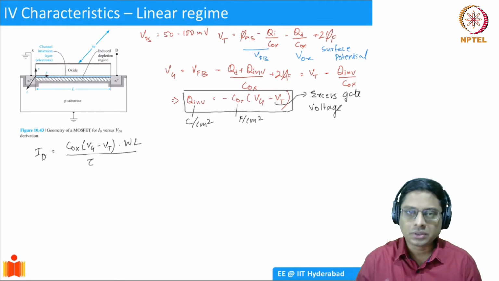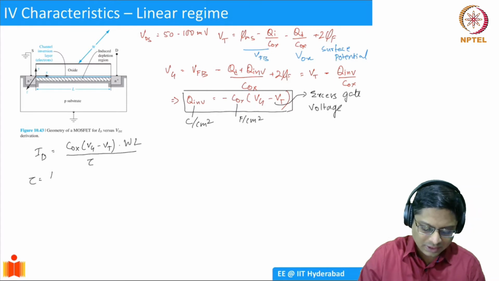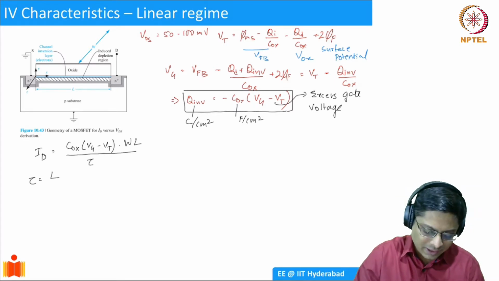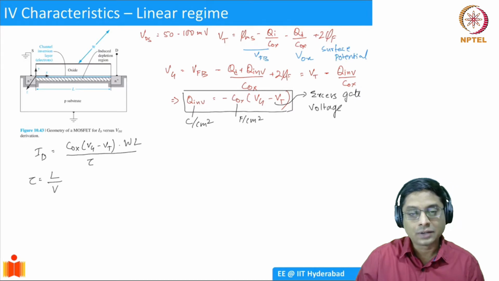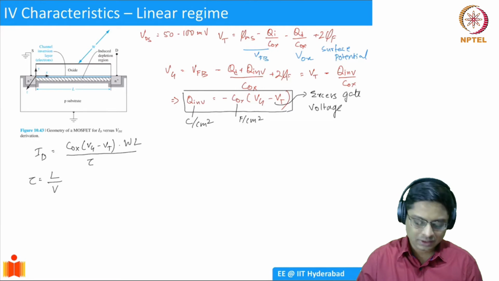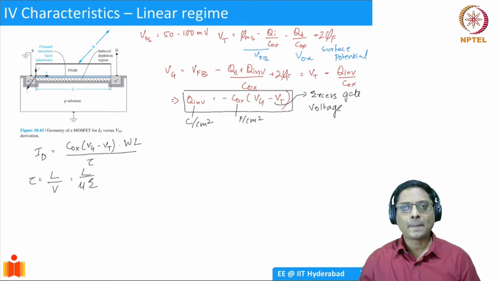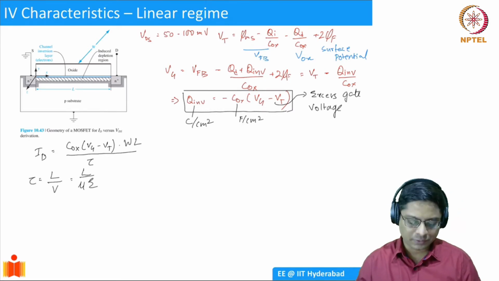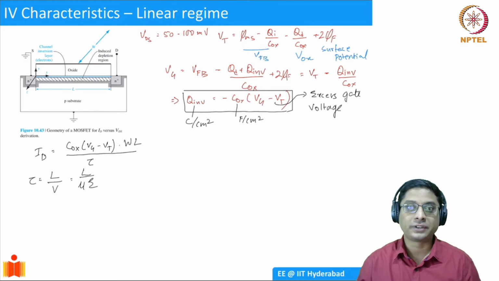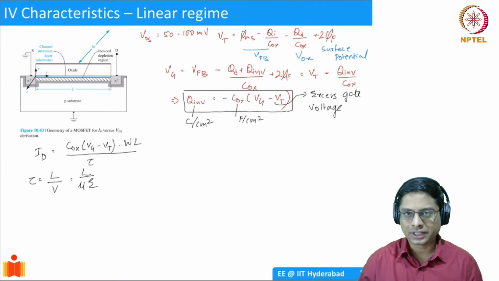And how much is tau? Well, tau is simply going to be equal to the distance, which is the length of the transistor in this case, divided by the velocity. And what is velocity? Remember, when we discussed the drift phenomena, we said velocity was equal to mobility times electric field. If you forgot this, just go back and look at the phenomena of drift we described. The units also will be consistent. You can write out the units of electric field and mobility, and that should give you velocity.